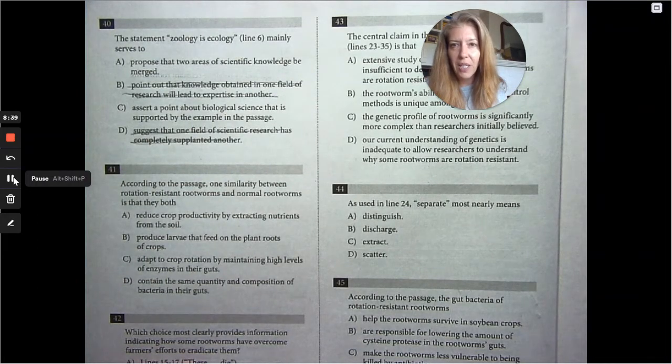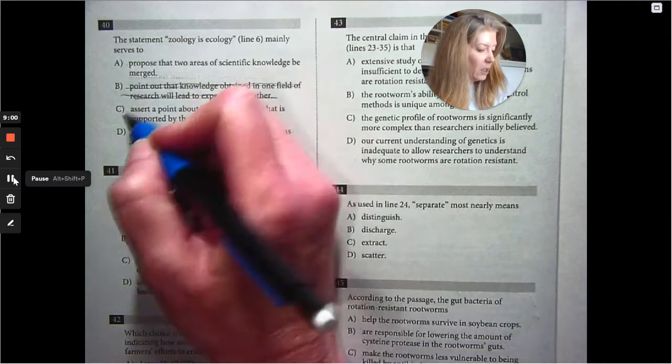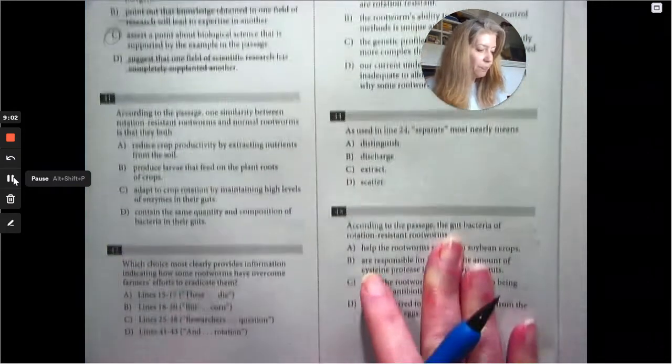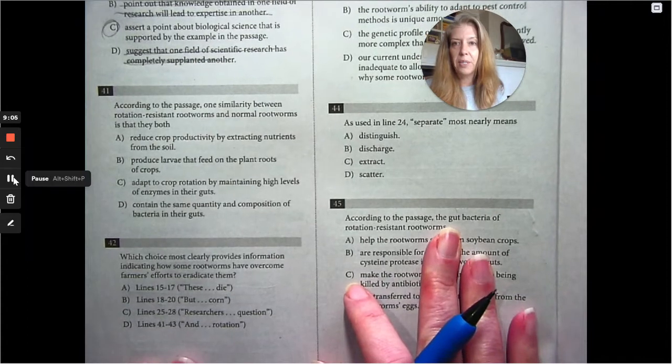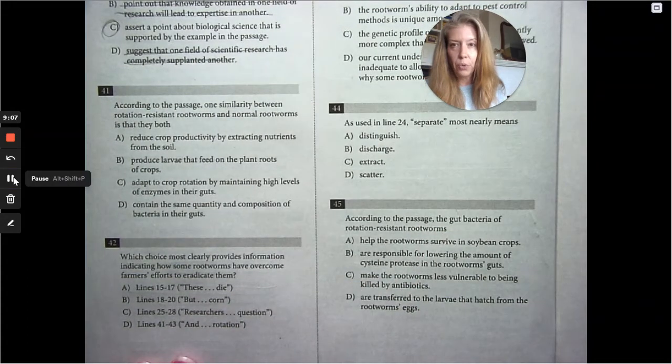Propose that 2 areas of scientific knowledge be merged, or assert a point about biological science that is supported by the example in the passage. A point about biological science, zoology and ecology, that is supported by the example in the passage. And they've given us examples of both zoology and ecology. So I'm picking C. According to the passage, one similarity between rotation-resistant rootworms and normal rootworms is that they both,